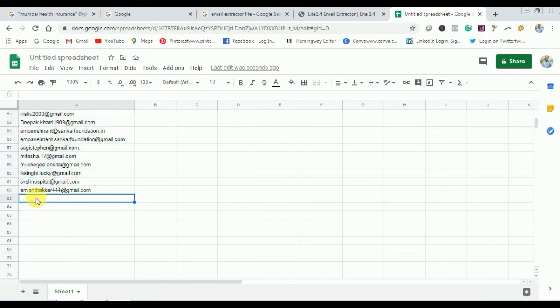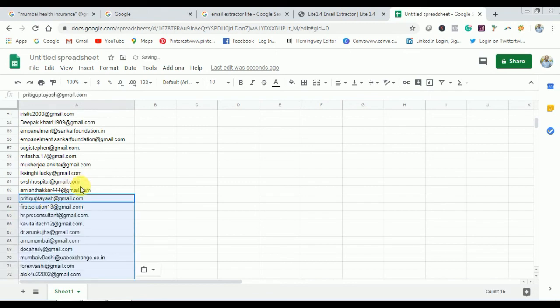So you can start doing this city wise, so you get more email addresses. Remember, these email addresses are of those who have particularly checked out a health insurance related topic in the past couple of months. So they are related to my work, so I can send them email, and I can sell them health insurance.